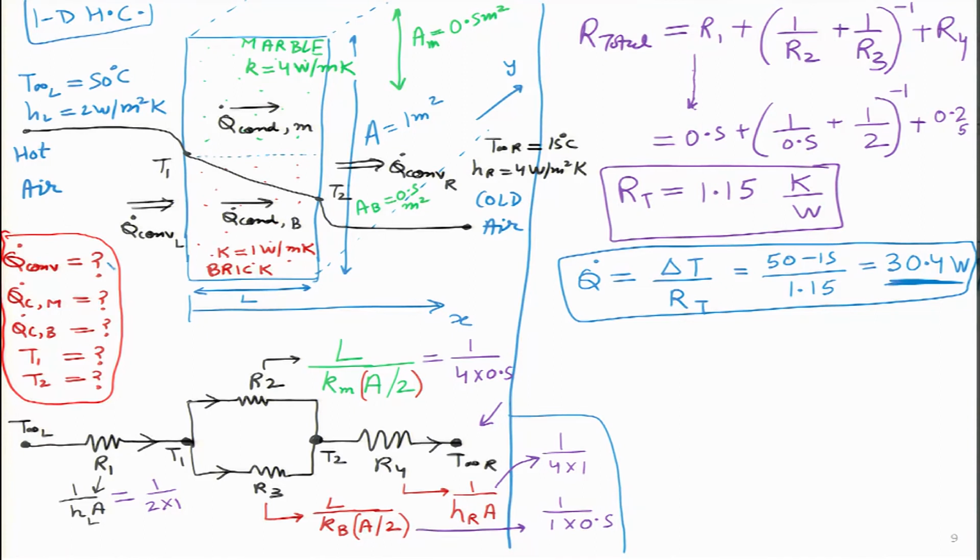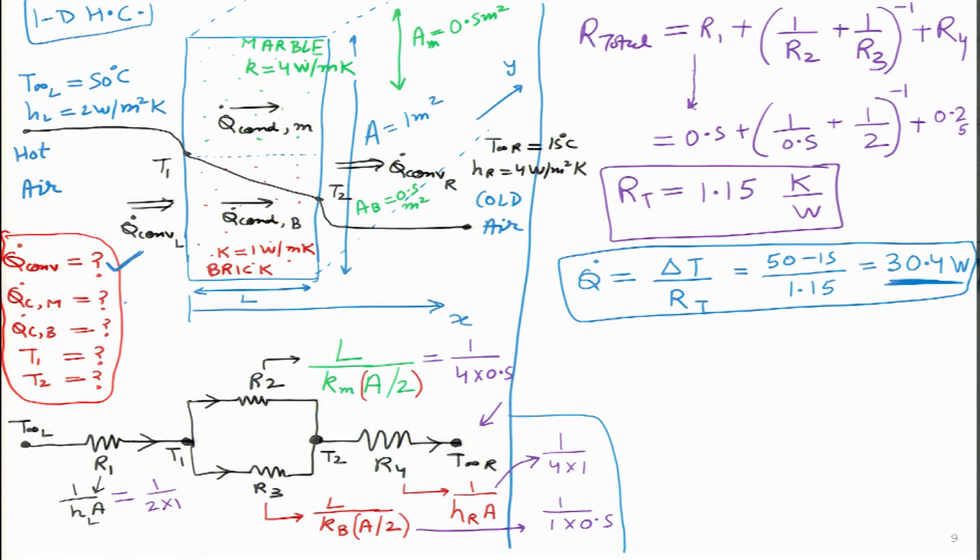Even without doing a calculation, somebody can tell that, qualitatively speaking, a rough analysis tells that q dot should increase, but what would be the exact q dot value that we have obtained through this solution. So, this first part we have obtained over here, this q dot convection is 30.4.